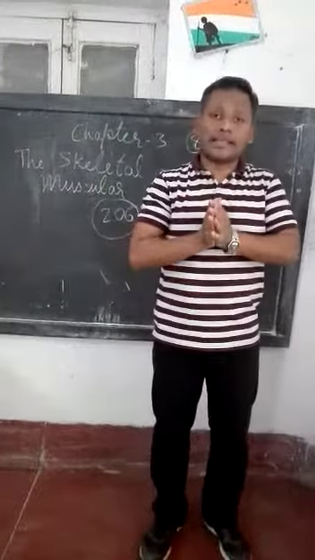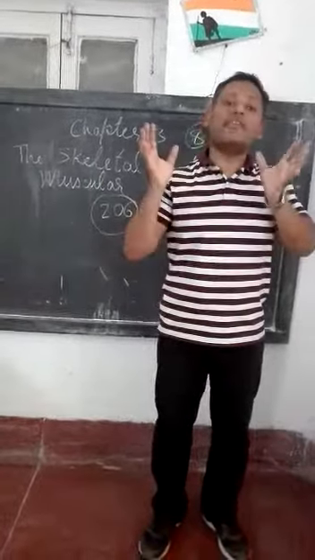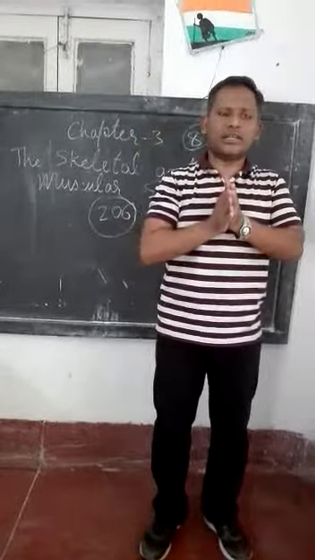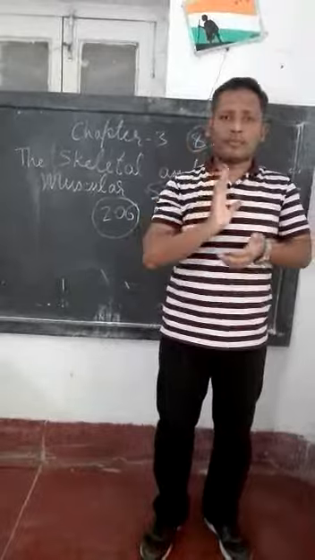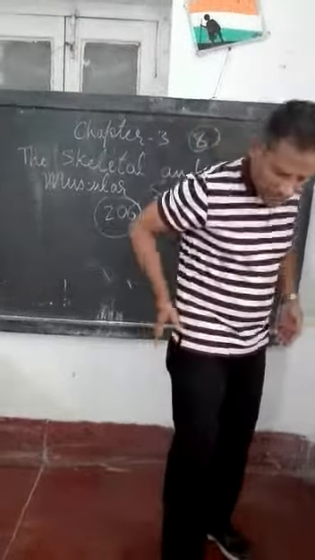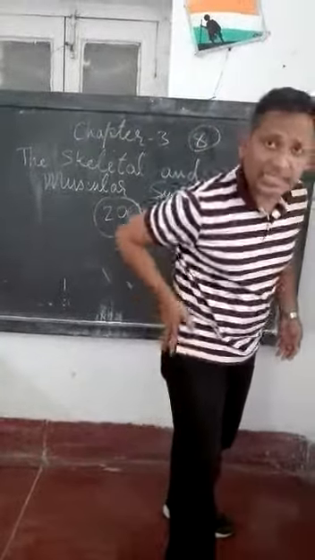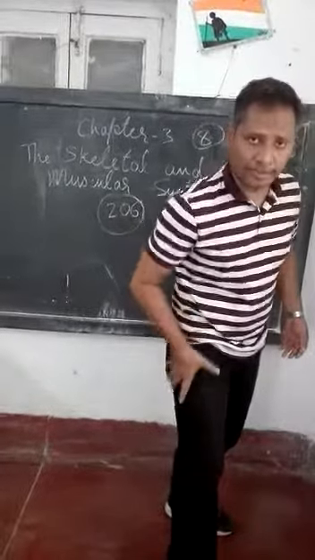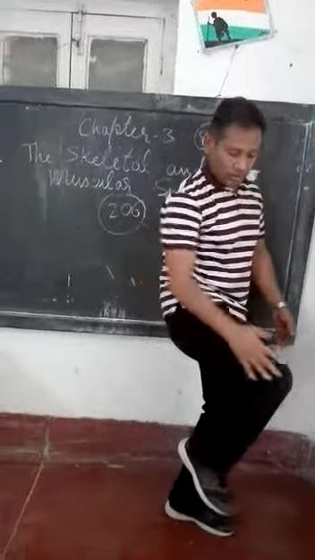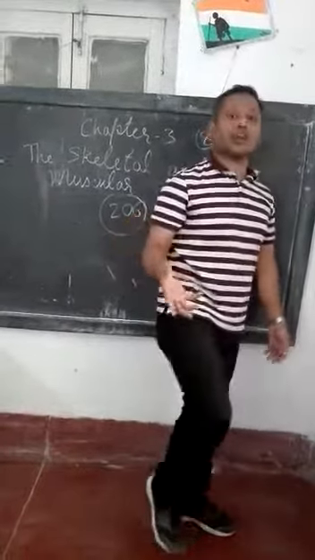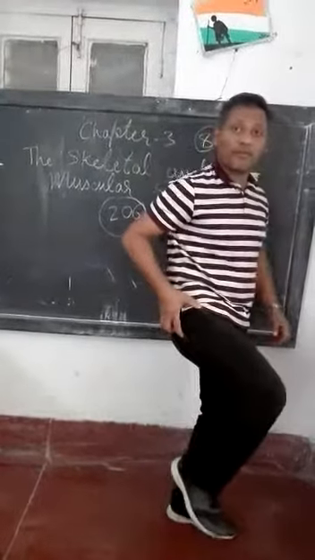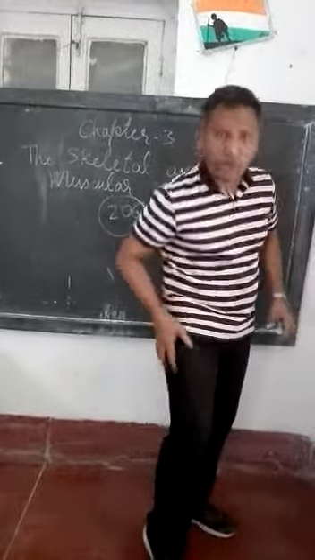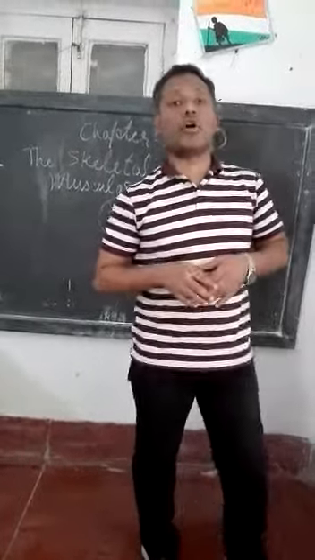Now we come to the legs. Legs and hands, they are very, very similar. Same structure, same number of bones at different parts, except for one place. Let us see. From here to here, this is the longest bone in your body. It is called the thigh bone. The longest and the strongest bone in the body. From here to here you have 1 bone. This bone is called the thigh bone and it's also called femur,